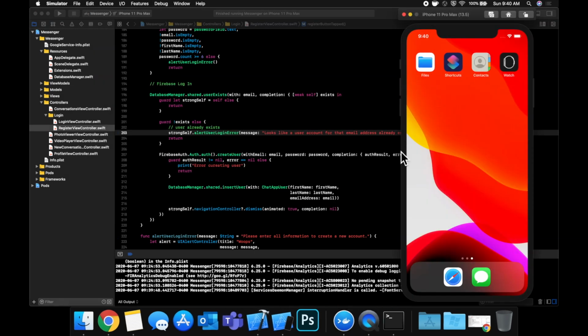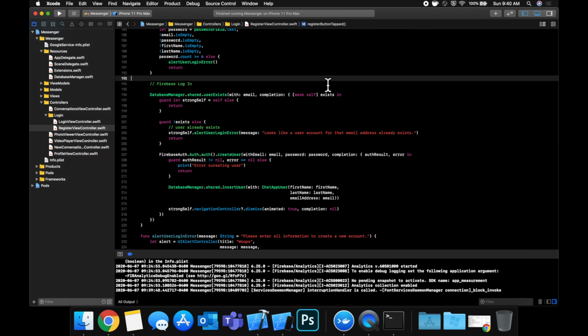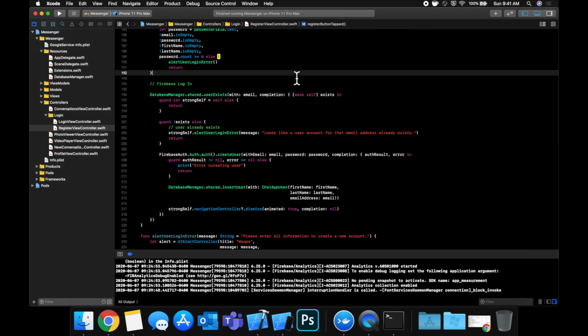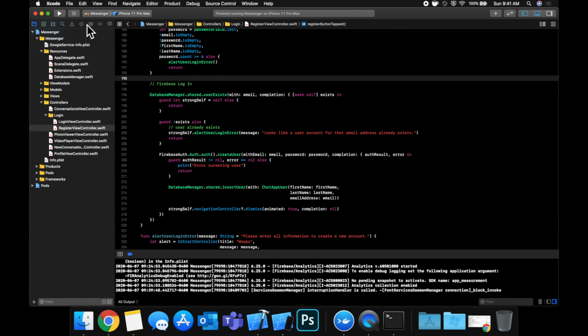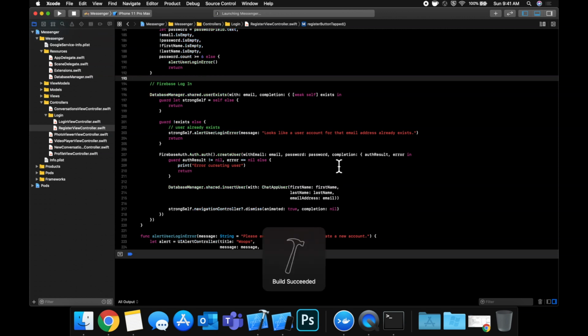And looks like this has reset. I'm not sure if you guys can hear my computer fan being obnoxiously loud. Can't really do anything about it, but let's hit this run button again